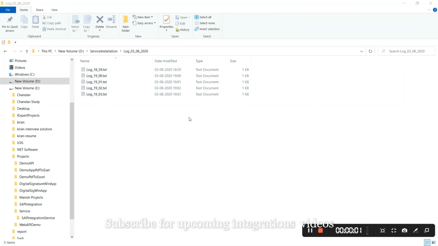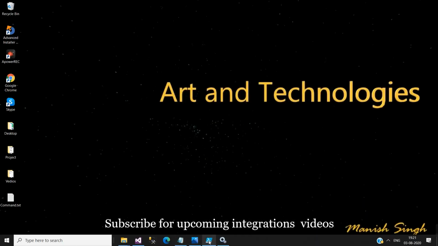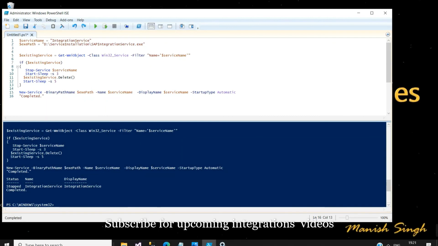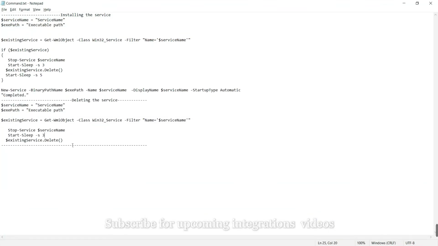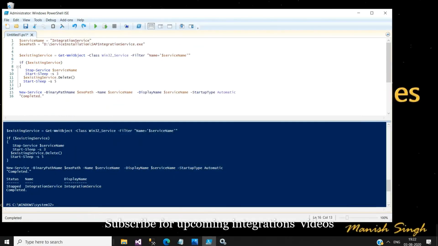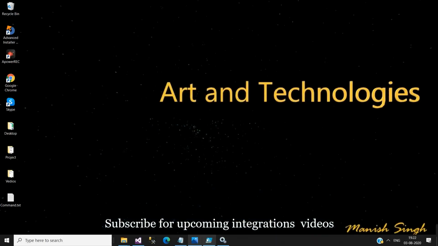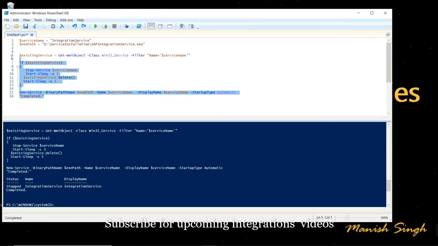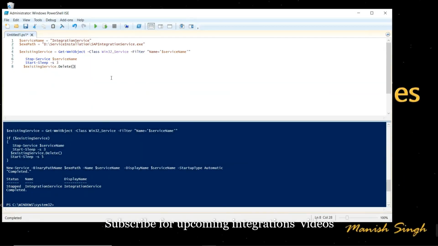So now I am going to show you how you can uninstall your service through PowerShell. So come to the PowerShell and we will use the command to uninstall the service. So let me copy this command and paste on the PowerShell, except the above two lines, because two lines are required as it is the name of the service. Now run the command